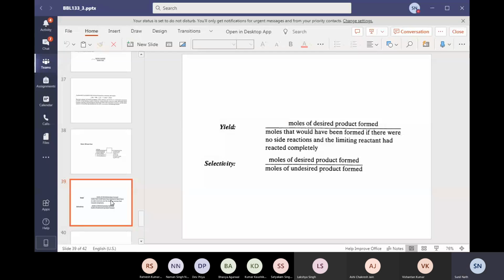So they want to define the yield percent based on consumption of the limiting reactant. In other words, for them, the numerator still remains the same. The numerator is the same in all three definitions. But now the denominator is the moles of the limiting reactant consumed. Now this is the most commonly used